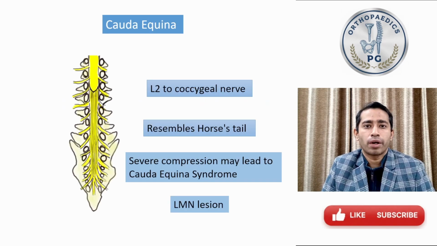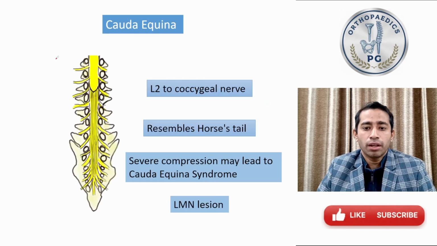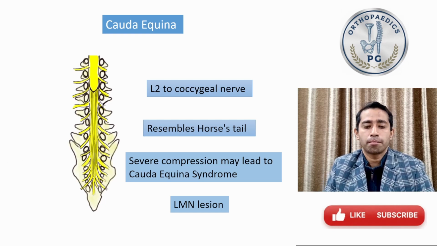What is Cauda Equina? Below the ending of the spinal cord, the L2 to coccygeal nerves form a bundle which resembles a horse's tail, and this is known as Cauda Equina. Severe compression of this Cauda Equina may lead to Cauda Equina Syndrome, which is a lower motor neuron lesion affecting